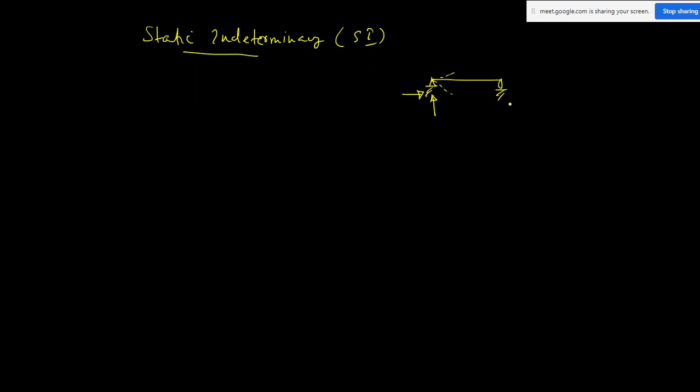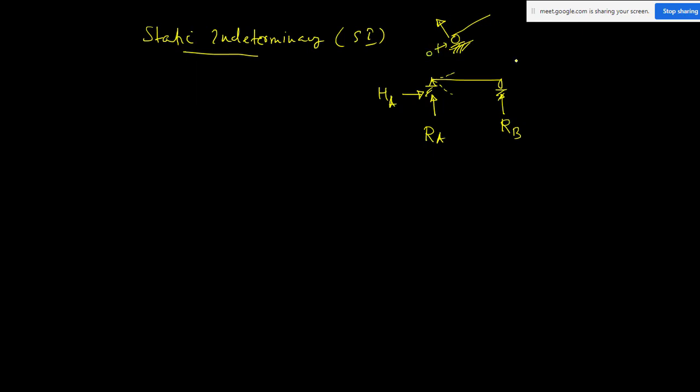So if you have a roller support, I'll be having only one reaction, which is normal to the surface. Okay, so here are RA, RB and maybe HA. So if you take a simply supported beam, we'll be having only three reactions. And suppose again you have a roller support on some inclined surface like this, your reaction direction will be normal to the surface. It won't always be vertical. Normal to the surface, you will be having a normal reaction. There won't be any reaction in this horizontal direction.